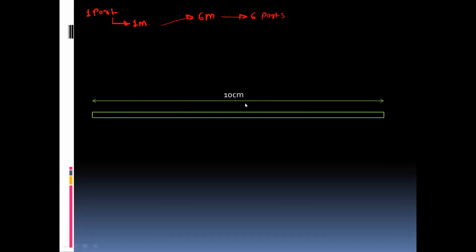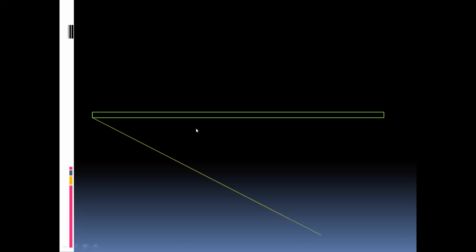Then prepare this small rectangle. So you can take this height. This is an arbitrary distance. You can take this as 5 mm or a half centimeter and prepare this rectangle. Okay. So this is just a representation of that graphical scale. Now next part is we have to divide this complete line of 10 centimeter into 6 equal divisions. So for that, this is the method to divide this into 6 equal parts.